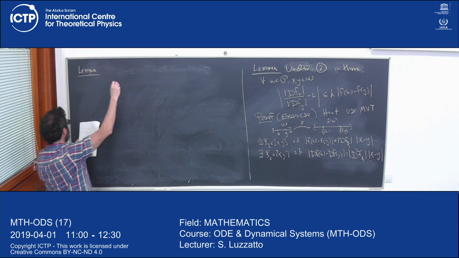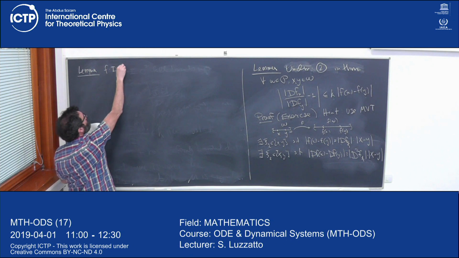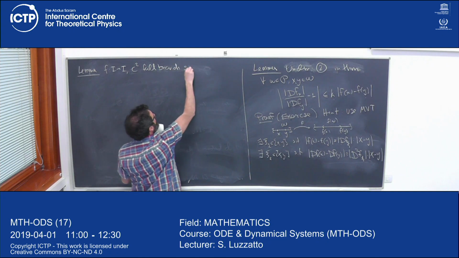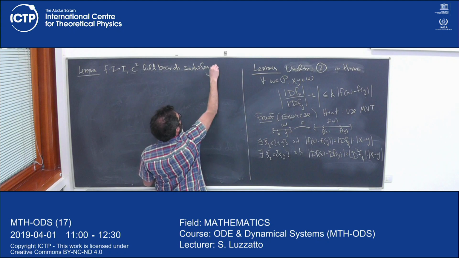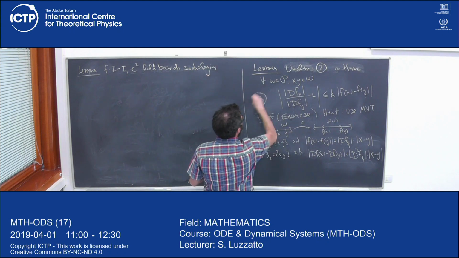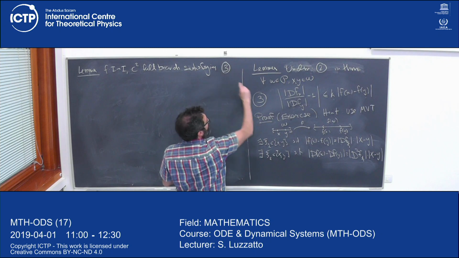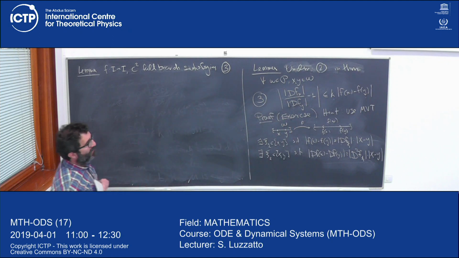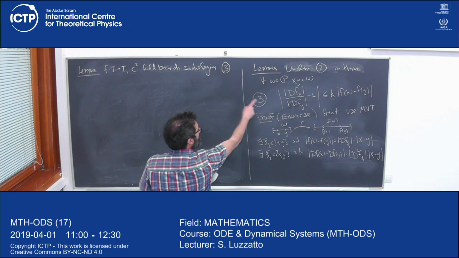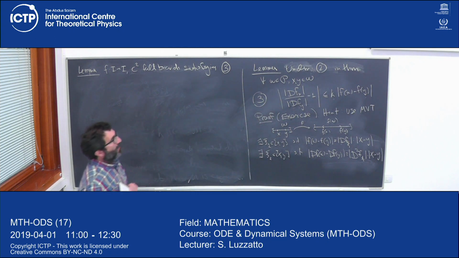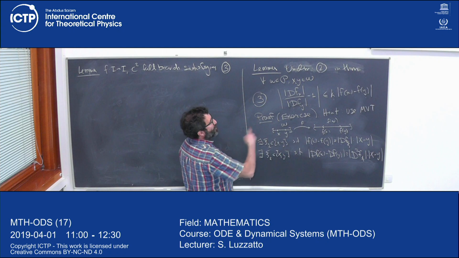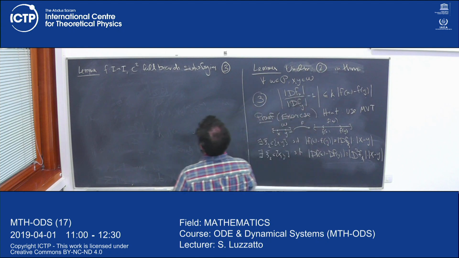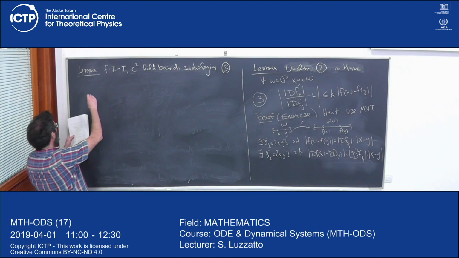Lemma: f, a C2 full branch, satisfying, let me call this 3 actually, satisfying 3. So we had 1 was the uniform expansivity, 2 was the ratio between the first and second derivatives that I put here, and 3 is this. So this lemma actually only needs this; in fact, we could have stated the original theorem with this assumption here, but it is not as intuitive or as checkable as assumption 2. So satisfying 3, then